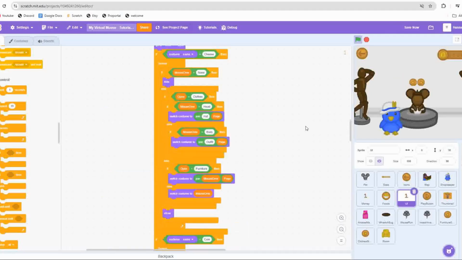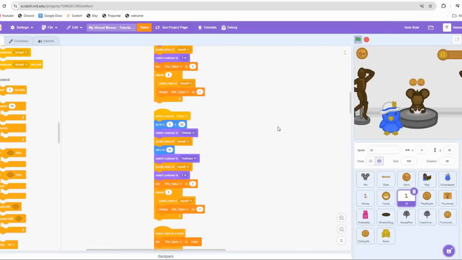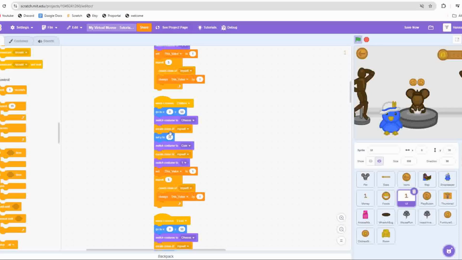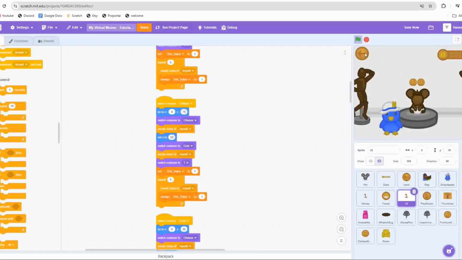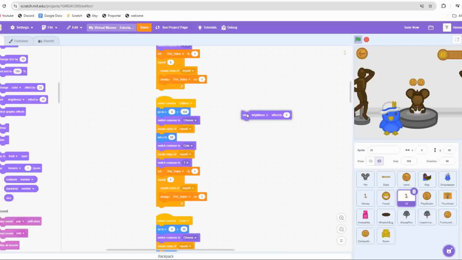And just because it's a bit in the way, what we're going to do is go up to where we create the clones under the when I receive clothes script and change it to be Y75 and 55. Let's see if that works a bit better. Wrong one. Still want to go higher. We want to do, let's try 100 and after